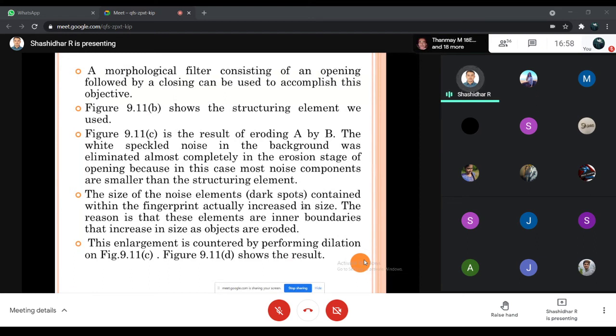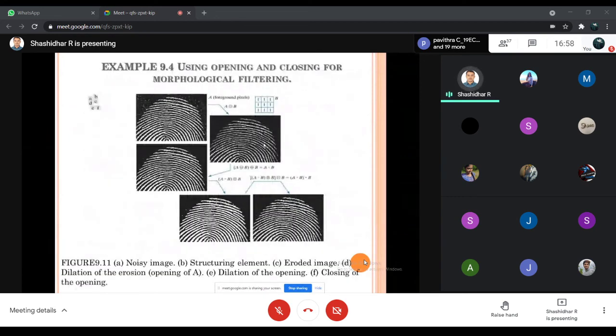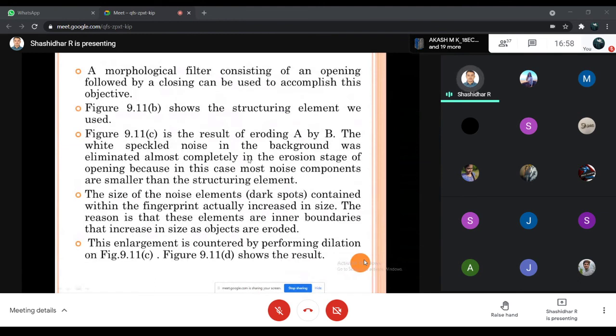Okay, figure 9.11b shows the structuring element we used. 9.11c is the result of eroding A by B. This one, figure C. Okay, and then eroding A by B, erosion by B. The white speckle noise in the background was eliminated almost completely in the erosion stage of opening, because in this case most of the noise components are smaller than the structuring element.